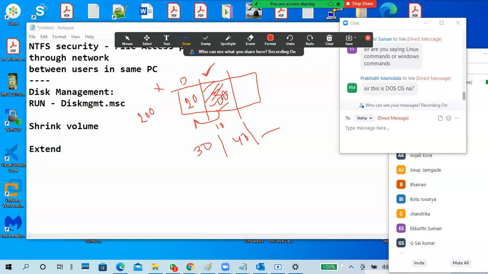It should be unallocated, meaning not currently in use. Then we can add that size here, as much as you want, up to the available unallocated space. We can't add it to this one, because of the left side, right side arrangement. Extend volume. These are the main two things.